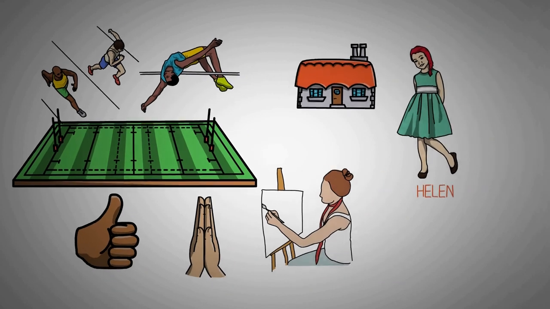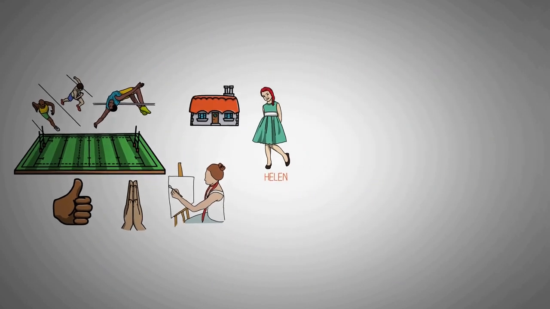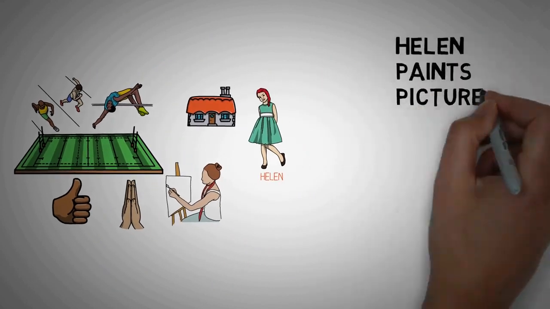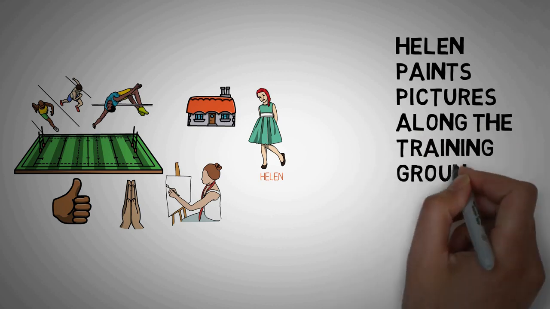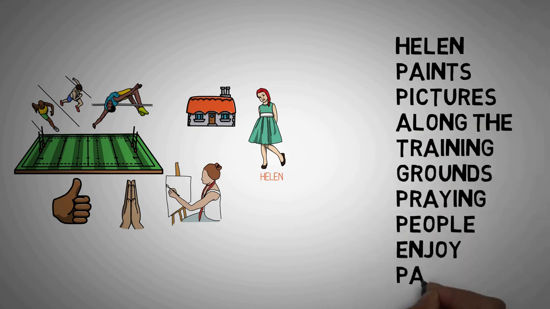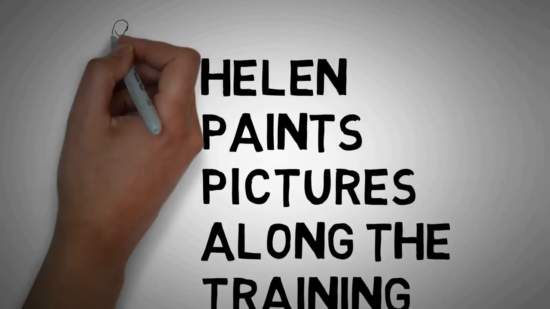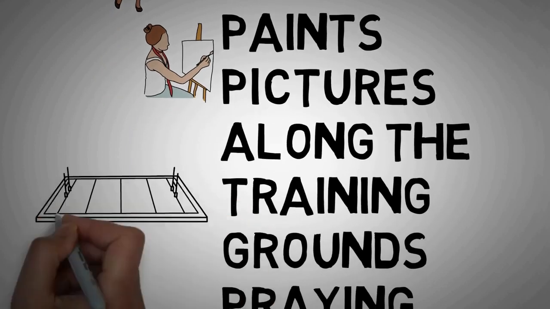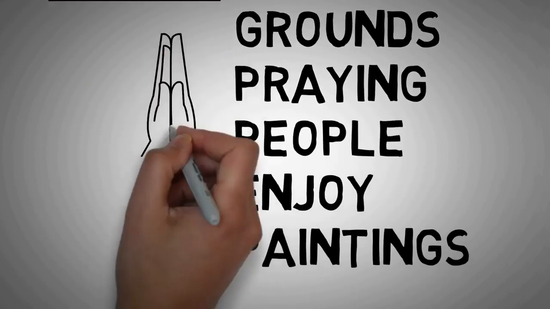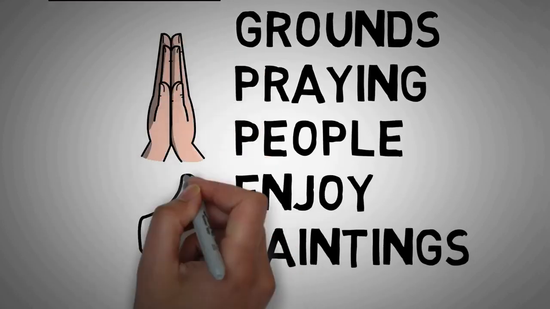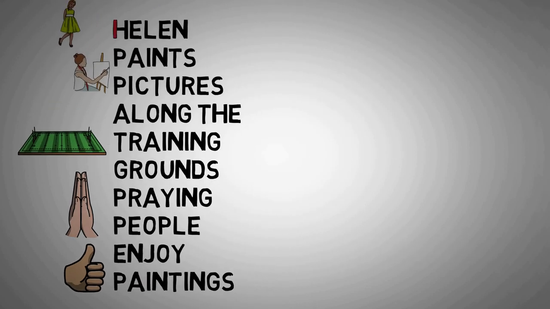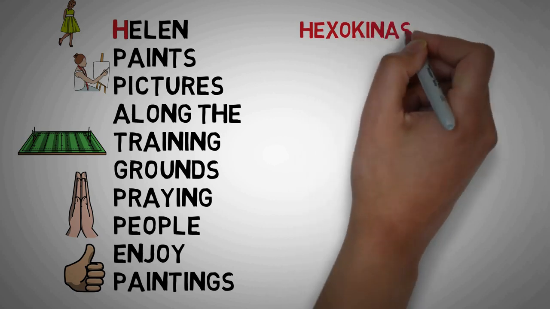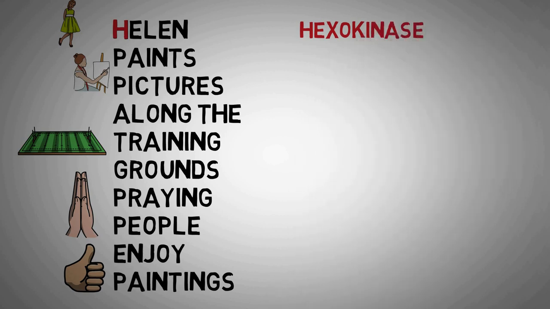And this brings us to our mnemonic that will help us to remember all the enzymes of glycolysis. Helen paints pictures along the training grounds, praying people enjoy paintings. So we have Helen who paints pictures along the training grounds, and she used to pray that people enjoyed her paintings. Now in this mnemonic, the H stands for hexokinase, which is the first enzyme involved in glycolysis, which converts